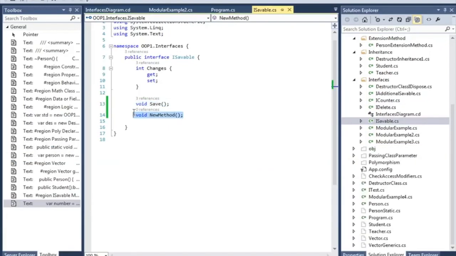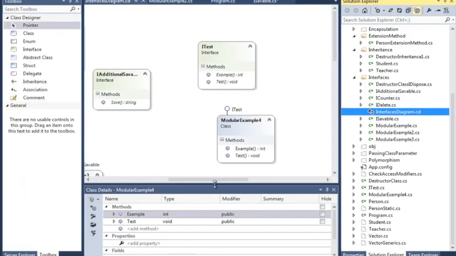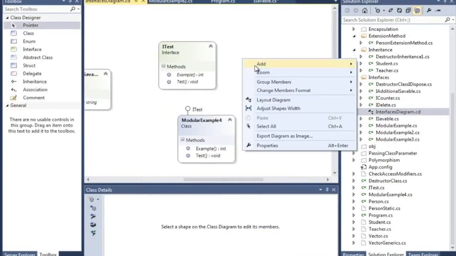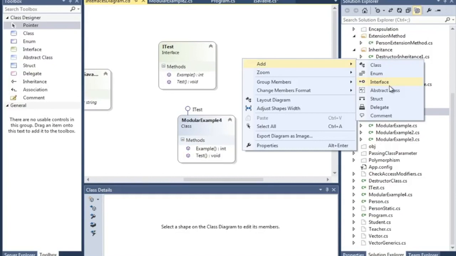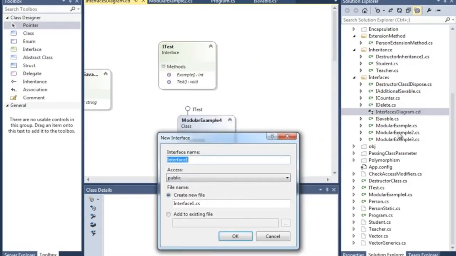To solve this problem, what you can do is write a new interface and then implement or inherit your class from that interface again. What I really meant to say is, let's say that you want to add that new method in your modular example 2.